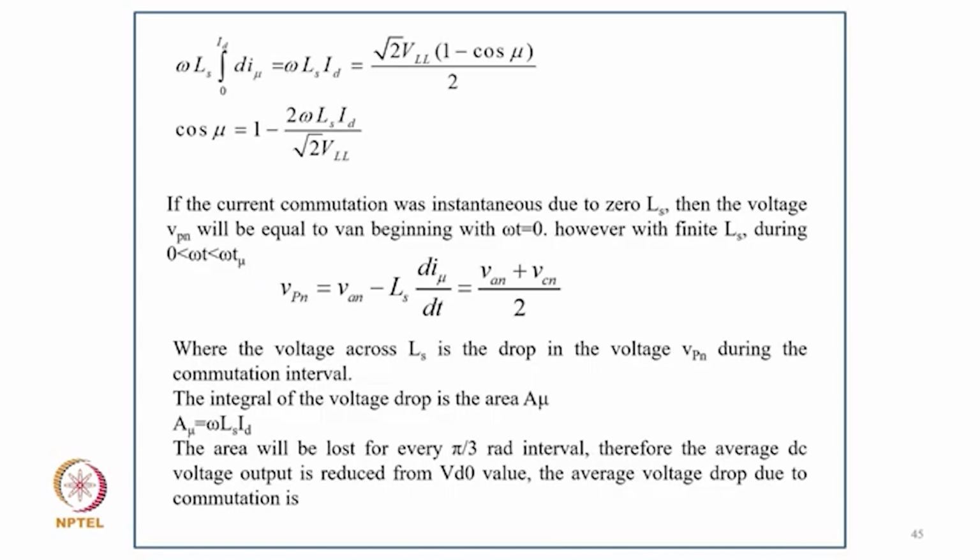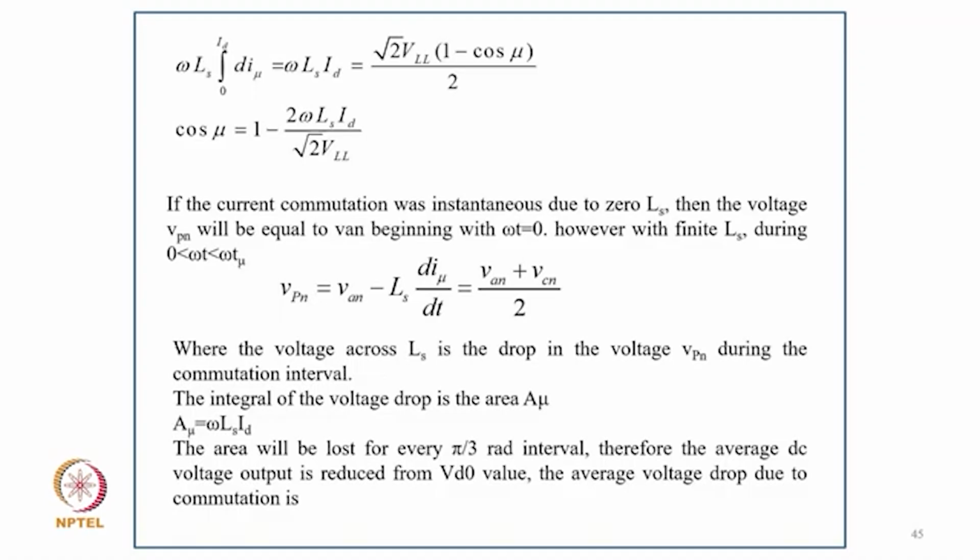multiplying both sides by omega and integrating. So we get omega Ls integral 0 to Id of diu equal to omega Ls Id equal to root 2 VLL in bracket 1 minus cos mu by 2, and then cos mu equal to 1 minus 2 omega Ls Id upon root 2 VLL. And if the current commutation was instantaneous, that is Ls equal to 0, then the voltage Vpn will be equal to VAN